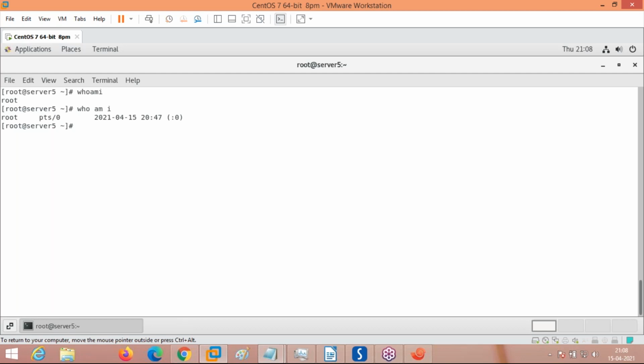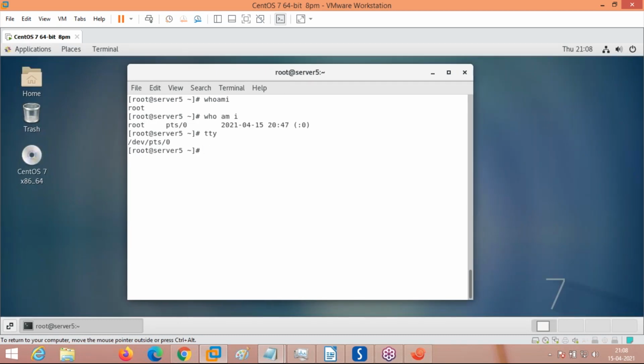This is the terminal. What is the terminal? This is the terminal which I opened; the tty command checks the type of terminal which is opened. This is the thing which I'm highlighting. Root has been logged into the system and is currently working on this terminal. See here, this is the terminal. And what is this? 15/4, 2047. When did root log into the system? He logged in on 15th April 2021, at time 20:47, which is 8:47. This fellow logged into the system. These are the information.